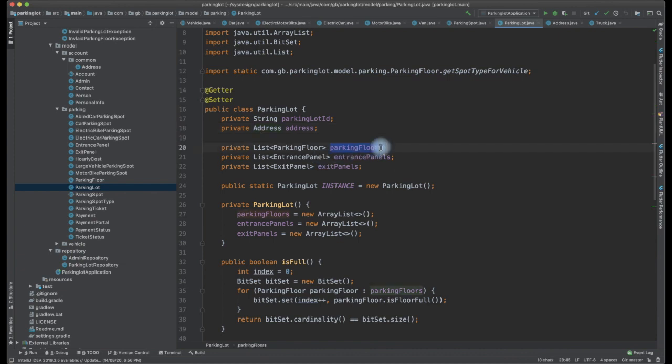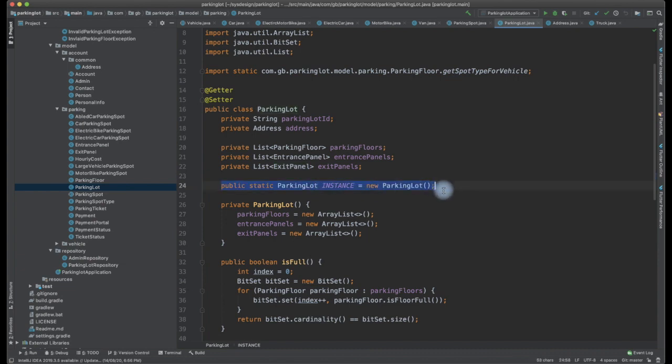Yeah, and the parking lot also contains... We said that admin should be able to add entrance and exit panels, so they might have come up with multiple entry and exit. So, as told in the requirement, immediately we should think that there should be something called entry, and we need to model the entry. Since it is going to be an automated parking lot, we are coming up with an entrance panel, which is where the users are making an entry, and there are other ways to exit as well. There might be more than one exit, so we are coming up with a list of exit panels. This is how a parking lot is modeled.